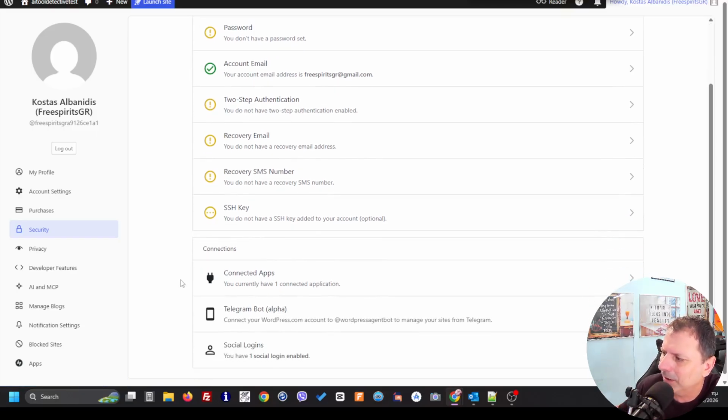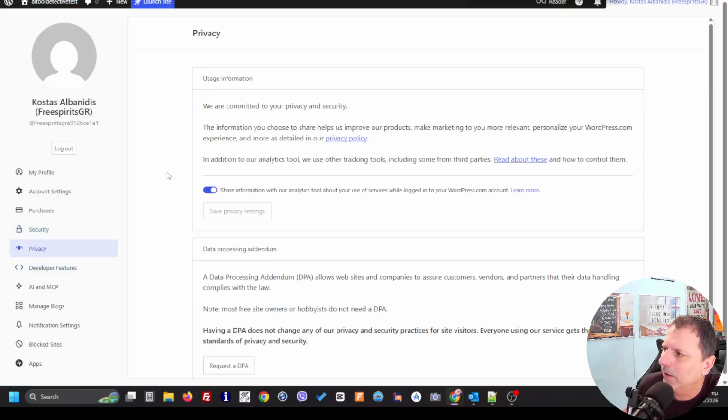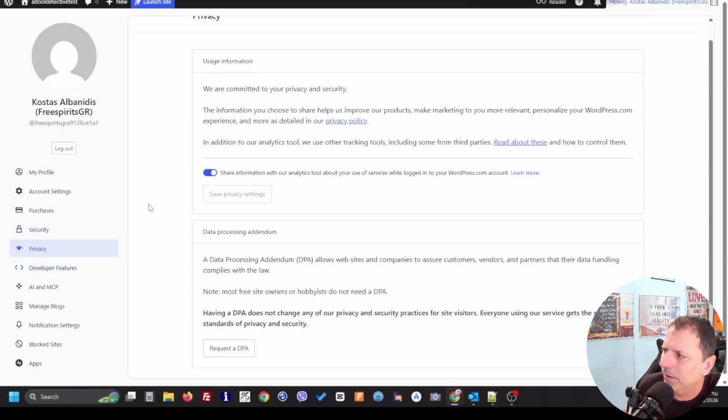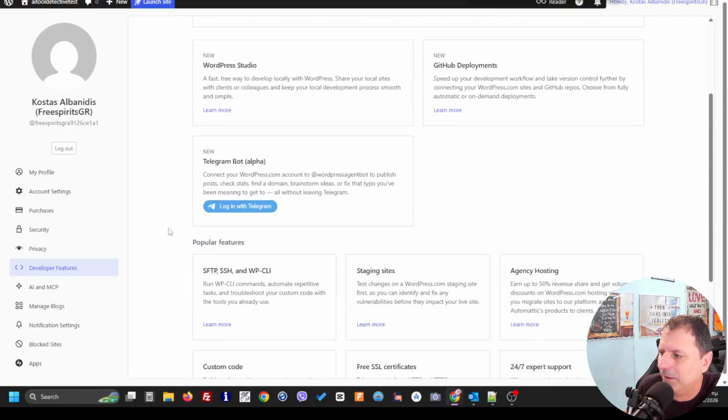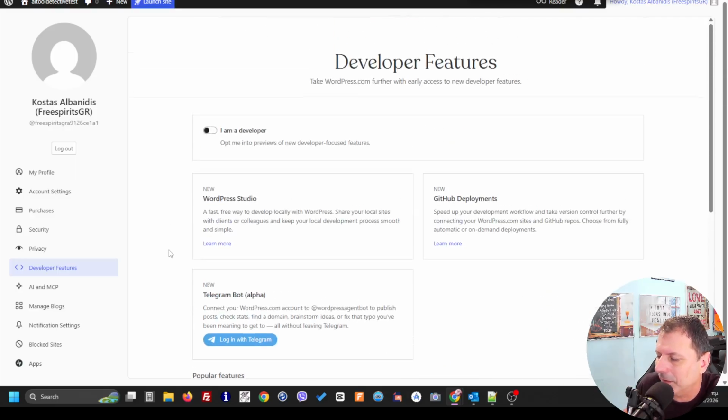I can connect apps. I can use the Telegram bot alpha. I can use it to connect with WordPress.com and manage my site from Telegram. Okay, I have the social logins. Over here you see that we got privacy, and here we got the developer features,